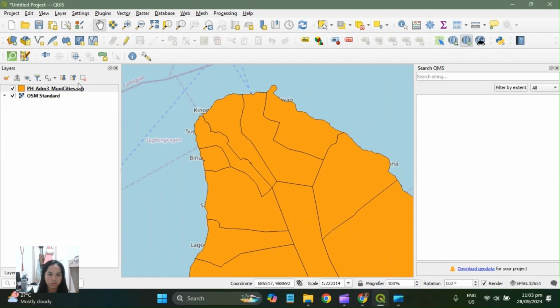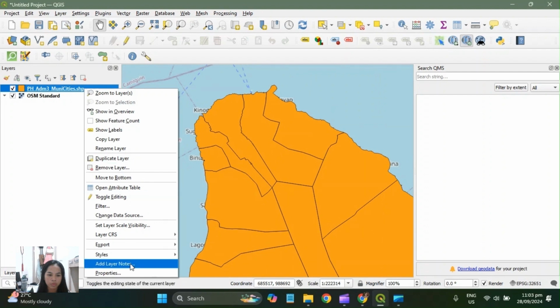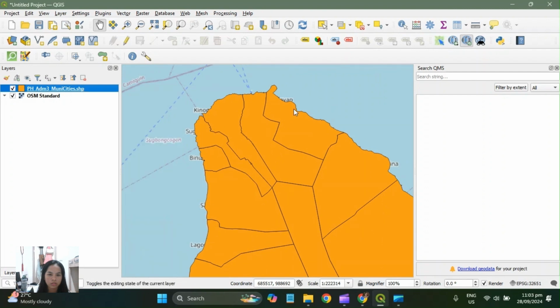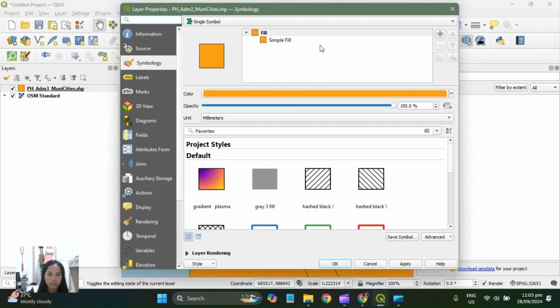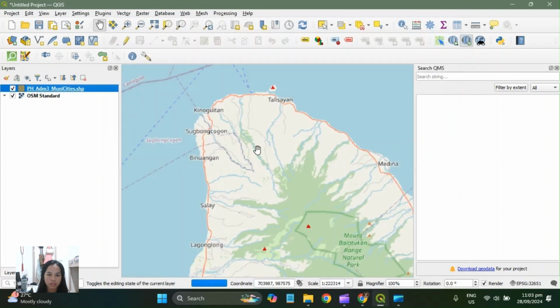If you would like to adjust the properties or the opacity of your map, you can just adjust it. In my situation, I would like to adjust it to 60%. Okay, so apply and then okay.